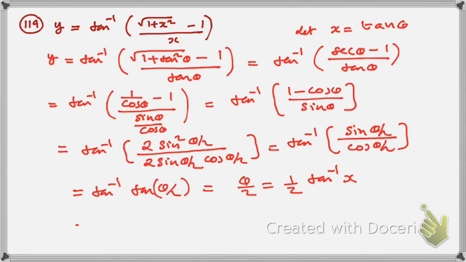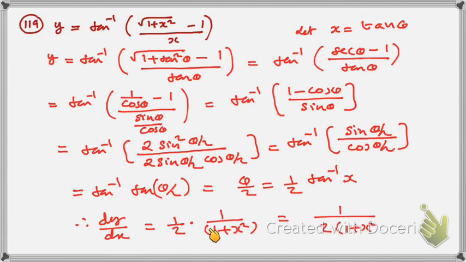And now I can easily differentiate. Therefore dy by dx will be half into derivative of tan inverse of x, which is 1 by 1 plus x square. So 1 into 1 is 1 divided by 2 times 1 plus x square. We'll continue in the